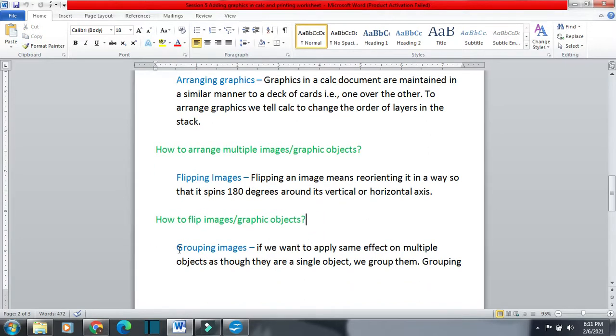Next is grouping images. If we have two or more than two images and we want both the images to act as one, then we will go for grouping images. If we want to apply same effect on multiple objects, multiple images, and I want them to act as though they are a single object, we group them.